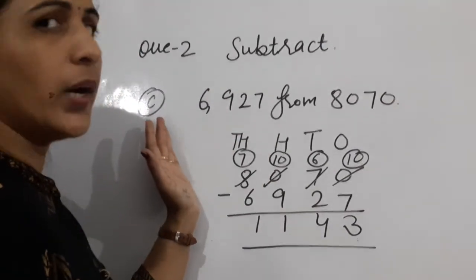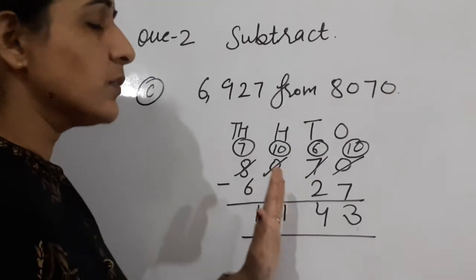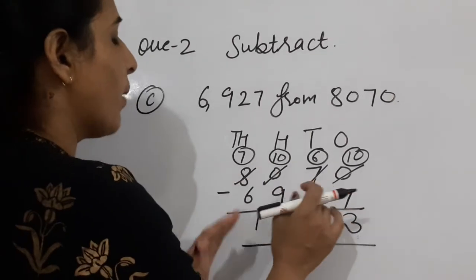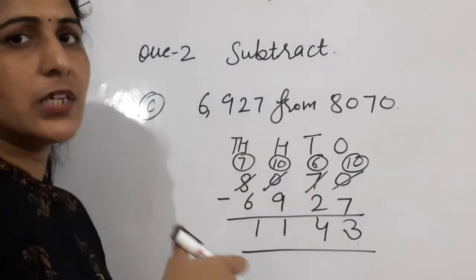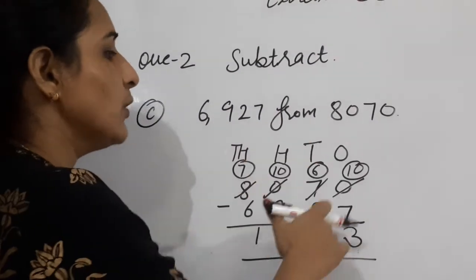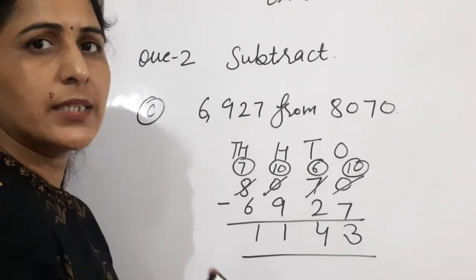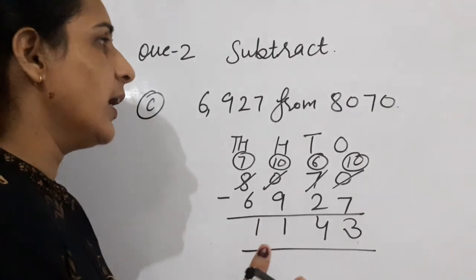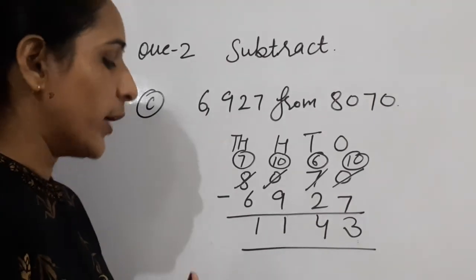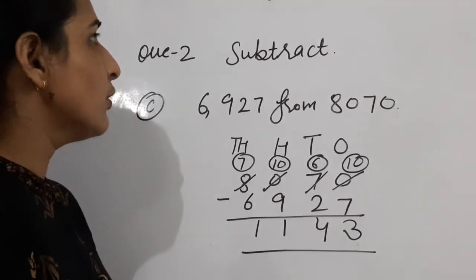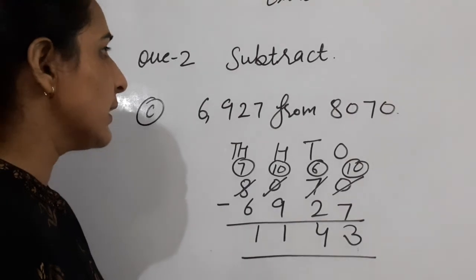The question number 1 and question number 2. It is very easy, beta, but you remember how we subtract any number from 8,000, from 5,000, you take carry, you make this one 10 ones, 10 tens and 10 hundreds. Clear? This is all about your exercise number 3.3. Clear all of you? Do your work in neat and clean handwriting.